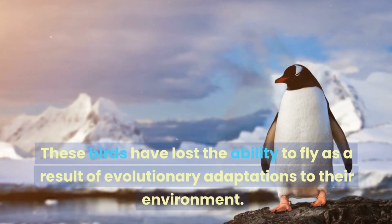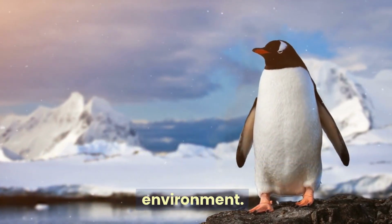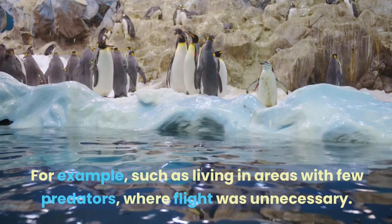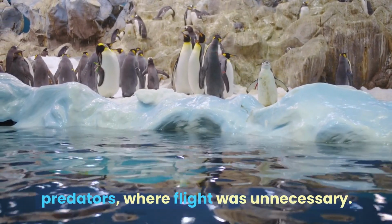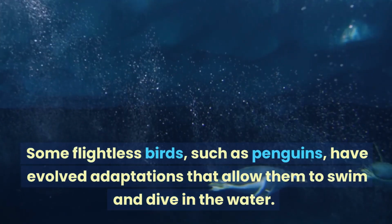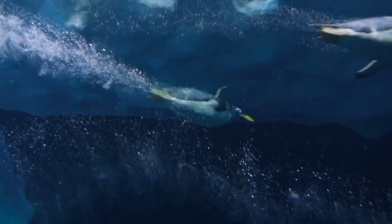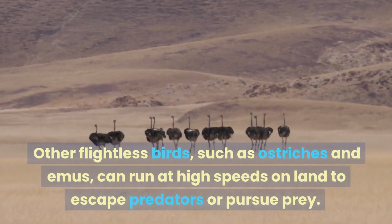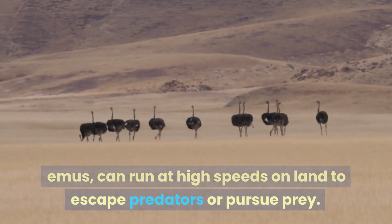These birds have lost the ability to fly as a result of evolutionary adaptations to their environment, for example, living in areas with few predators, where flight was unnecessary. Some flightless birds, such as penguins, have evolved adaptations that allow them to swim and dive in the water. Other flightless birds, such as ostriches and emus, can run at high speeds on land to escape predators or pursue